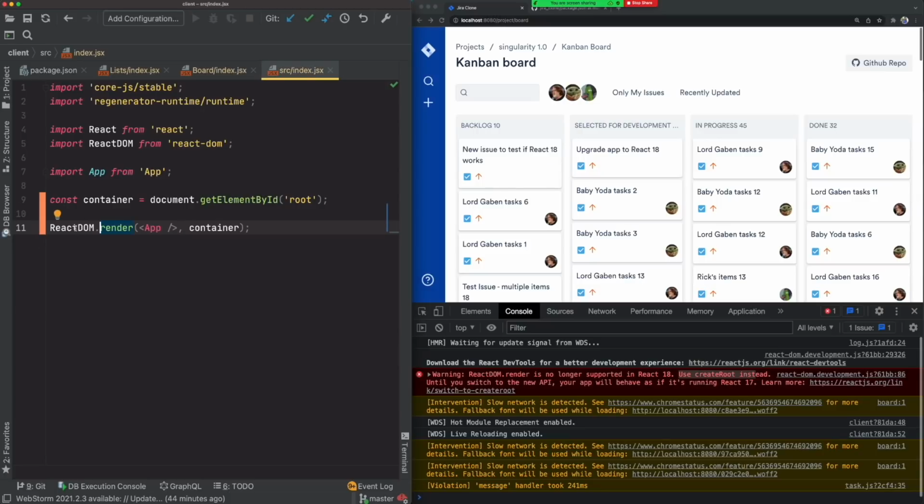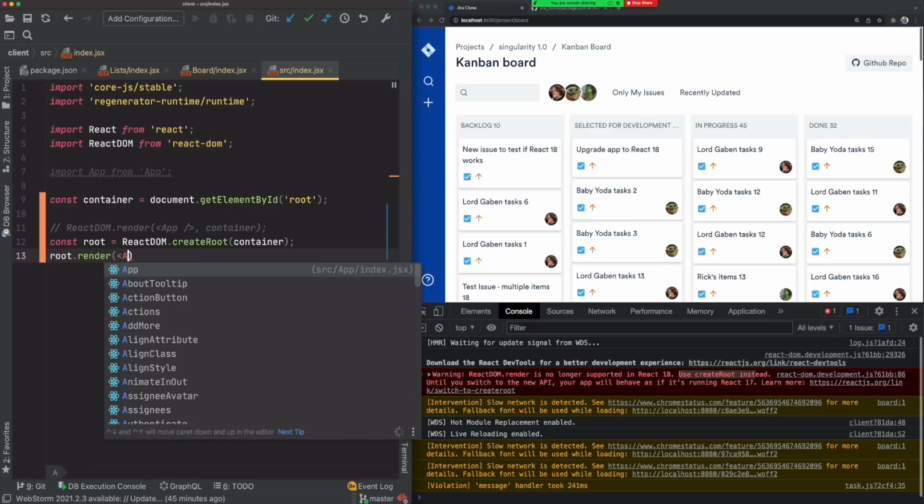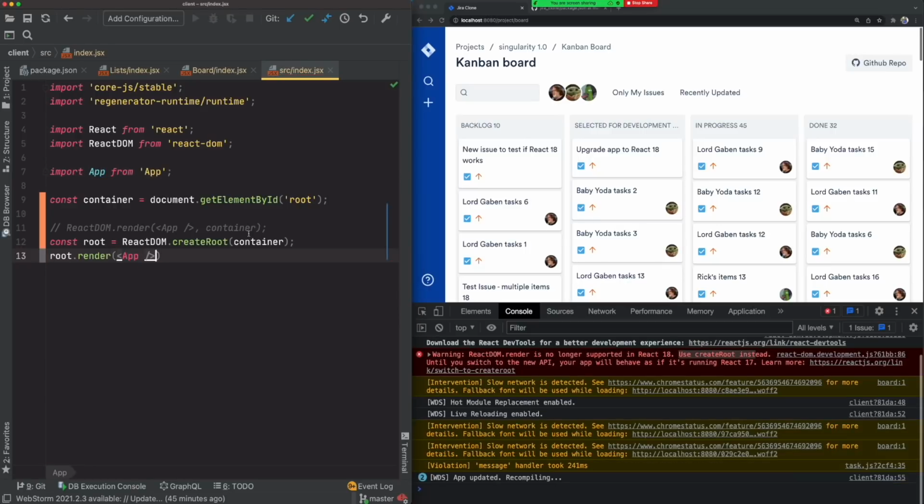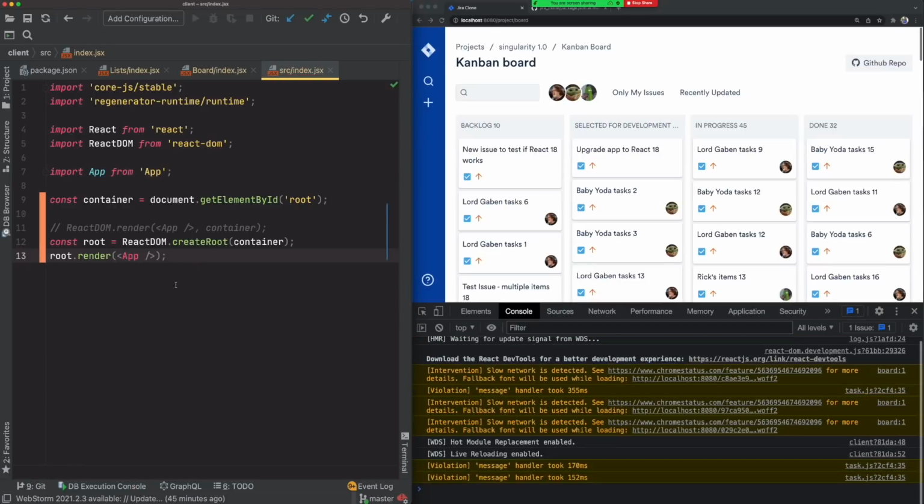And you're looking for a file where you're using ReactDOM.render to render your app to a container. Now instead of using ReactDOM.render, I want to use createRoot. So I'll create a root by calling the createRoot API. And just like how I did with render, I'm going to pass my container here. Now I can call root.render to render my app and pass my app here. And that's it. The warning has gone and my app is now on React 18. That's all I need to do to upgrade my app to React 18.